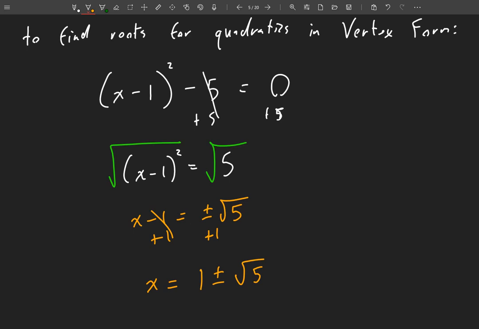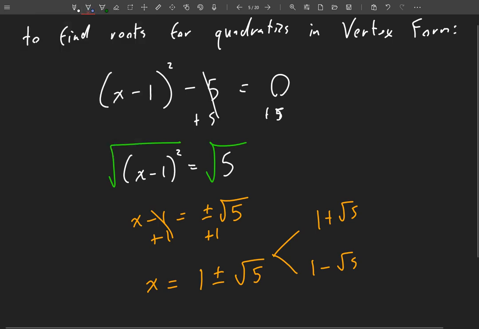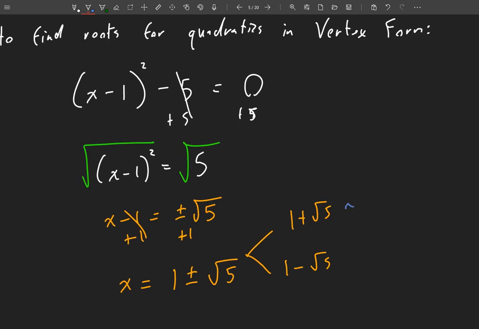And so now I have two answers. I have 1 plus the square root of 5, and I have 1 minus the square root of 5. And those are my two roots. Now, if you wanted to estimate that, we could do that. Let's actually do that really quick. Let me change colors to show that we're doing something a little different. So this is going to be approximately, because once I take the square root, it's not going to be exact. This is 1 plus, well, the square root of 5 is,